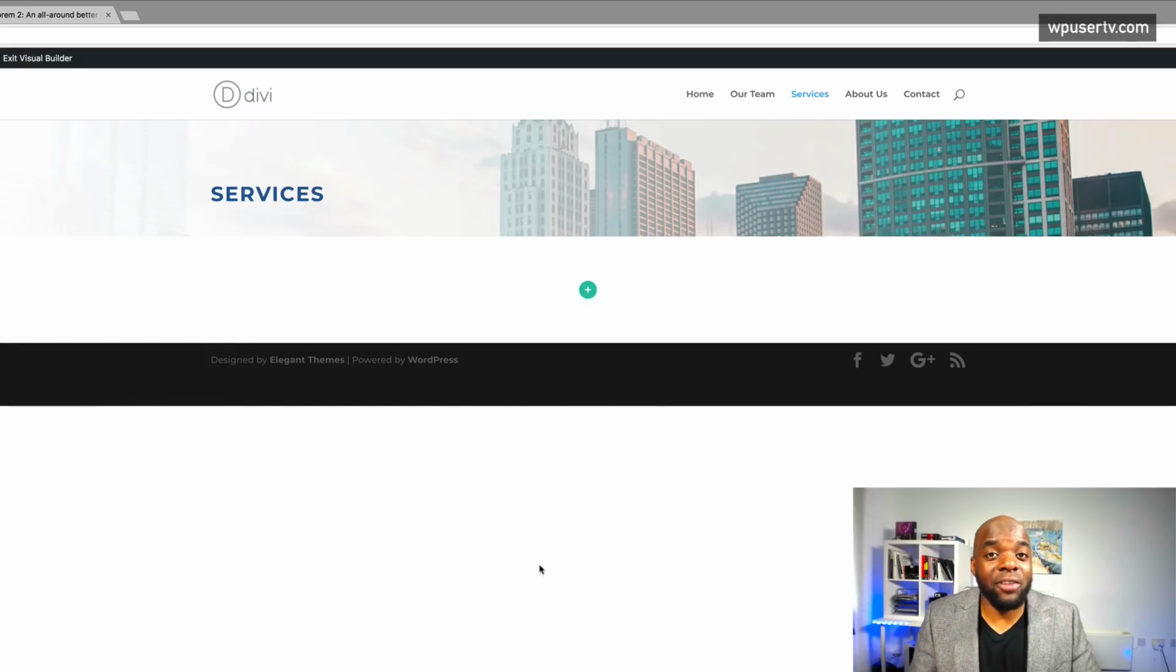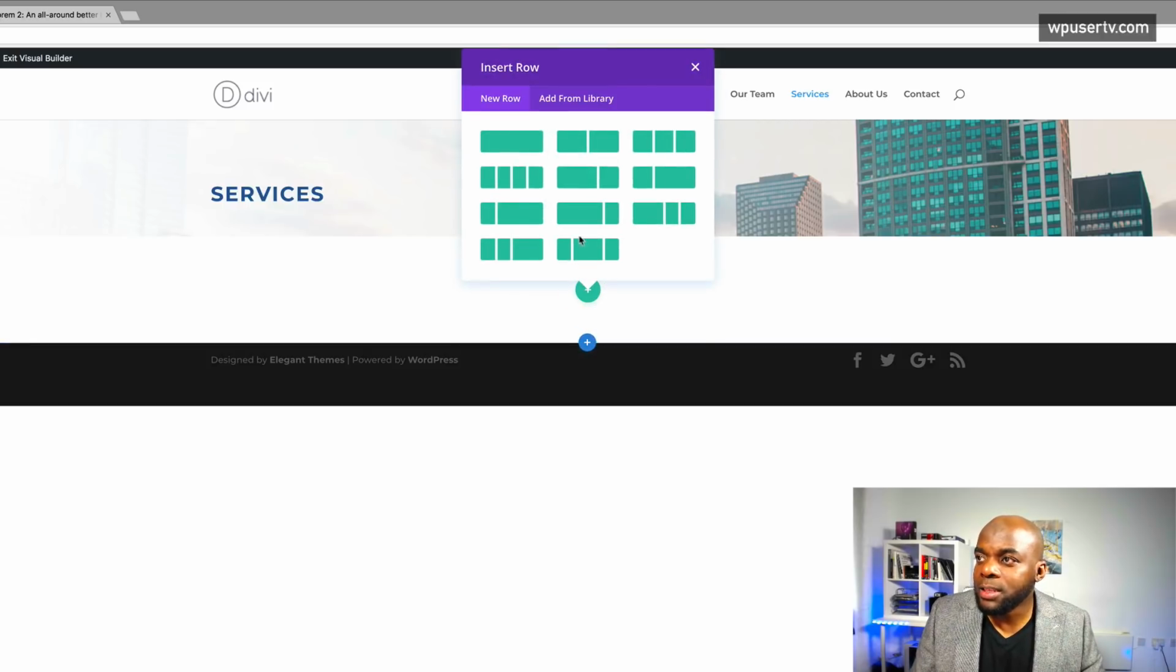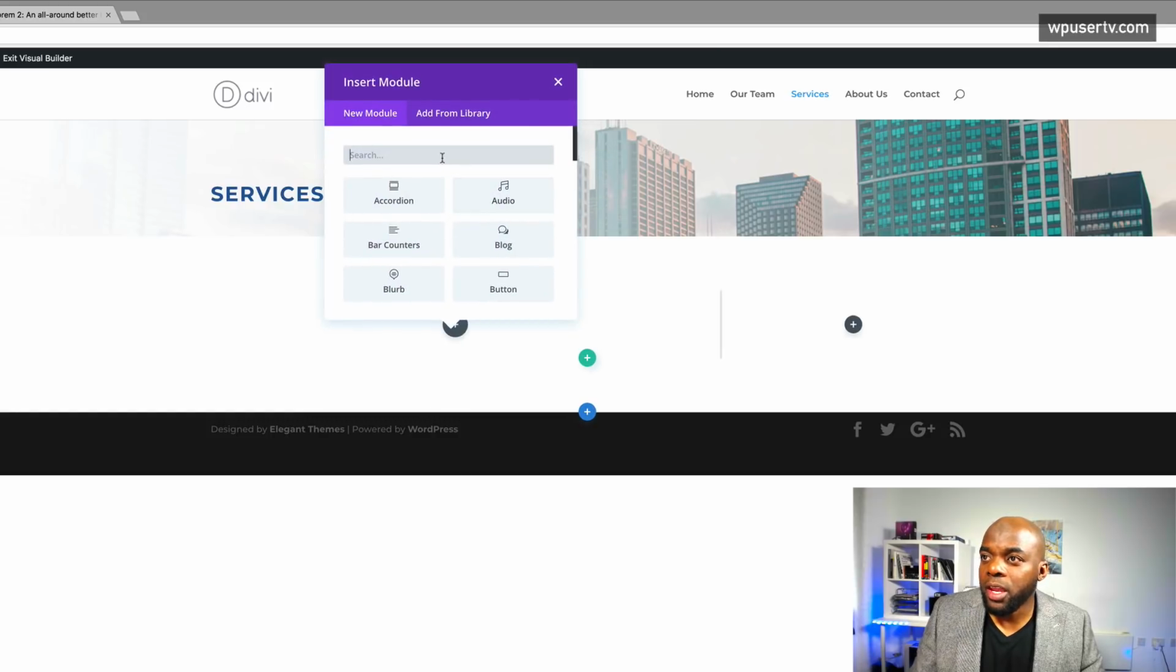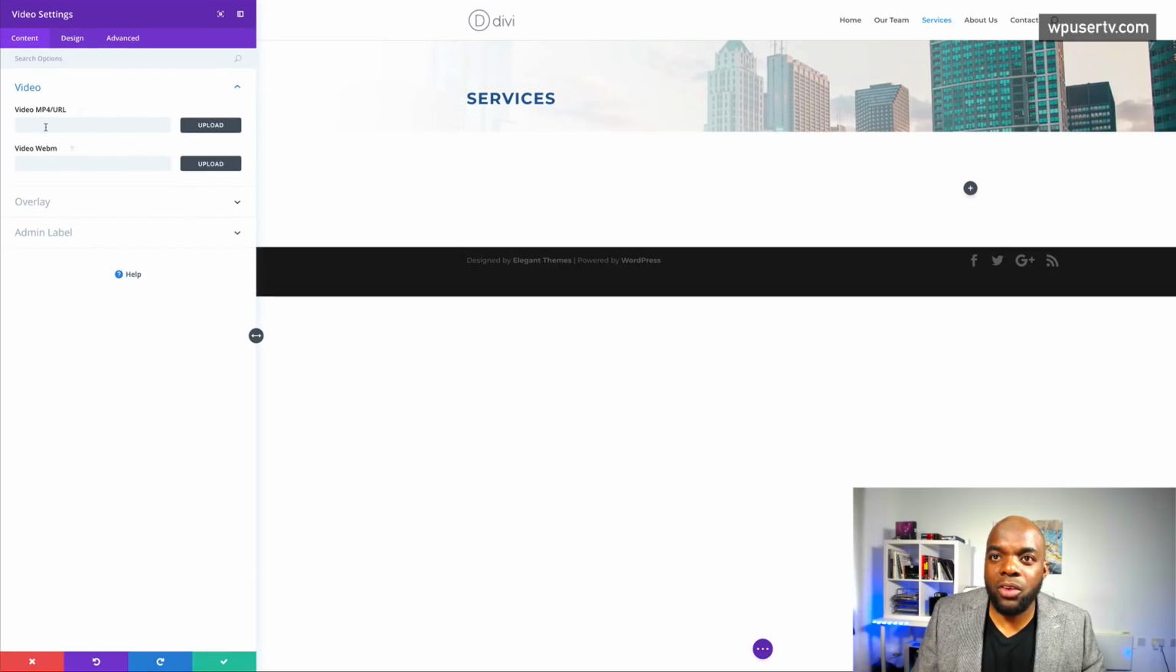Okay, so now that we have our services title, the next thing we're going to do is to add our columns. So I'm going to click this plus button here and add our 2/3, 1/3 column. So here in the first column, we are going to add a video. So I'm going to search for my video module and select it. And then this is where now you need to add your video